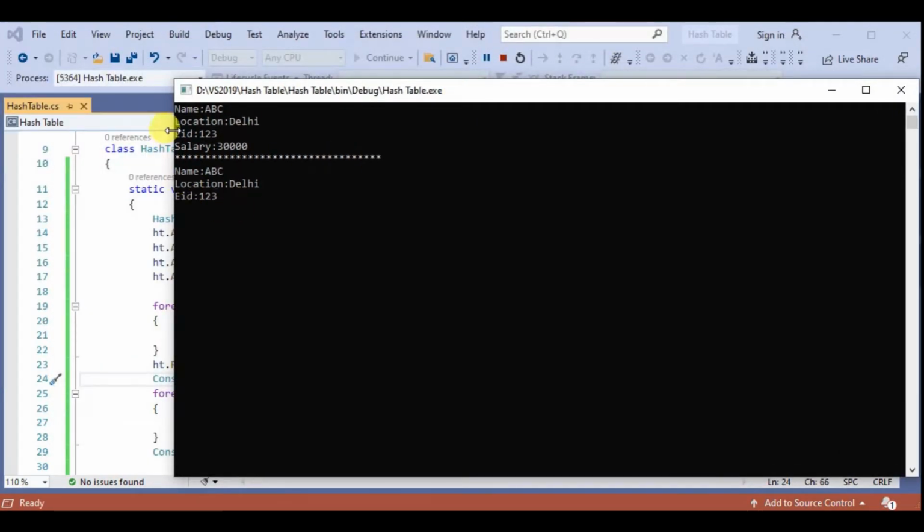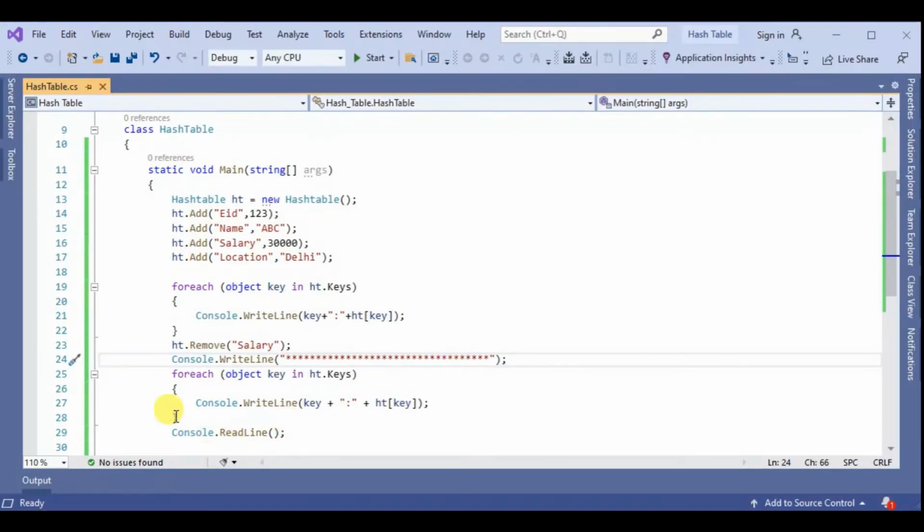Okay, now we see the output. The salary is not present after remove. So name, location, and employee ID, but the salary item is not seen here because the remove method removed the salary item. And the next method is clear.